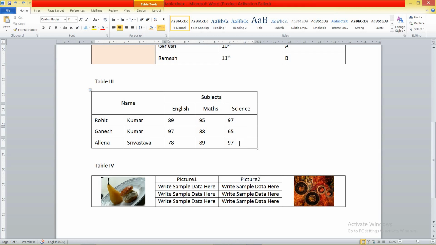And how many columns do we have? From the top direction, you can see only 2 columns, 1 and 2. But from the bottom, we have 1, 2, 3, 4, 5. 5 columns we have. It means count from that direction where you get the maximum count, either rows or columns.